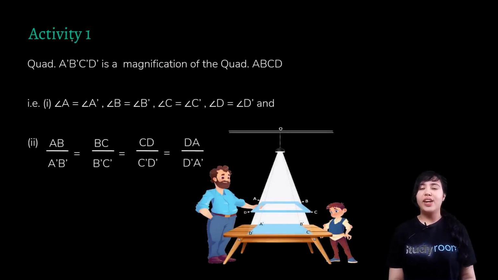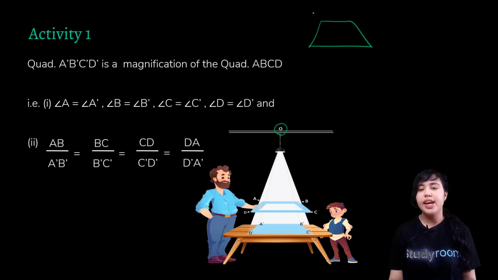Then here we have a fun activity. You can do it under adult supervision, but let's see if you can do it yourself. Just quickly look for a light source in your home. Let's say this is your ceiling and there's a hanging bulb. You can have any light source though. Let's say this bulb is hanging from point O. What you need to do is make use of your scissors and cut a piece of cardboard in the shape of this quadrilateral like we have over here, A, B, C, D. Cut it like this, A, B, C, D.